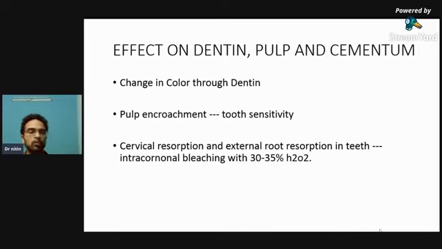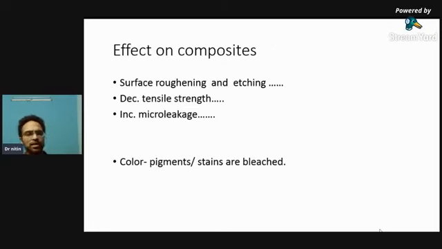Okay, through dentinal tubules chances of leakage of the bleaching agent to the cementum can occur, and sometimes there could be an inadvertent reaction by cervical root resorption or external root resorption in selective cases only, not in every case. Okay, but if you use a specific component which has been advised since long other than H2O2 in such type of cases, the results are great.